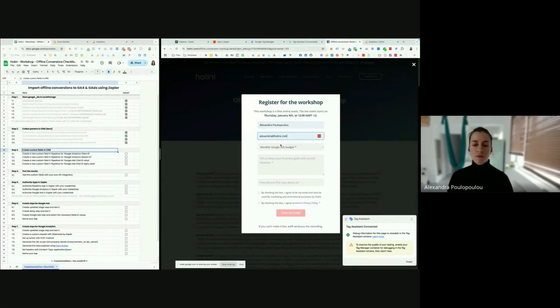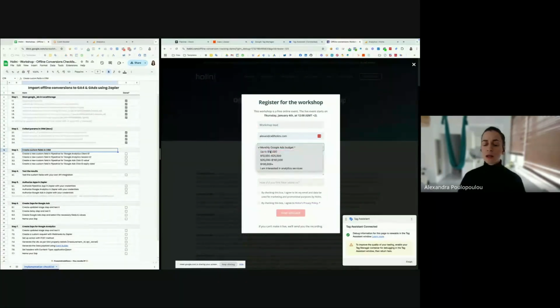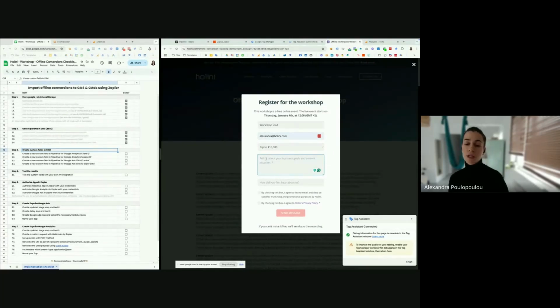So we have, let's name it, workshop lead. Let's select and complete the demo form or the contact form or whatever means that a new lead will reach our pipeline, and test. Here we have the consent. I mentioned to you that consent is kind of mandatory nowadays regarding the data that we are going to send to platforms, either Google Analytics or Google Ads.